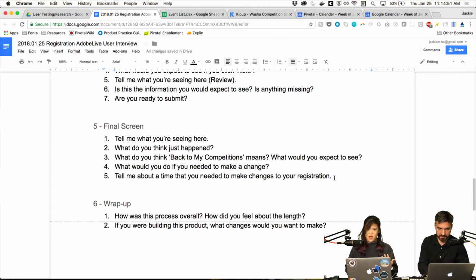So typically the way that we do things at Pivotal is that we would actually take notes on Post-its, and I was going to grab Post-its from the office, but I totally forgot. But it's okay, because the reason why we take notes on Post-its is because we use those Post-its to then synthesize our findings. So I might group users that say the same thing. I might group those Post-its together. So it's really helpful to have our notes in that format.